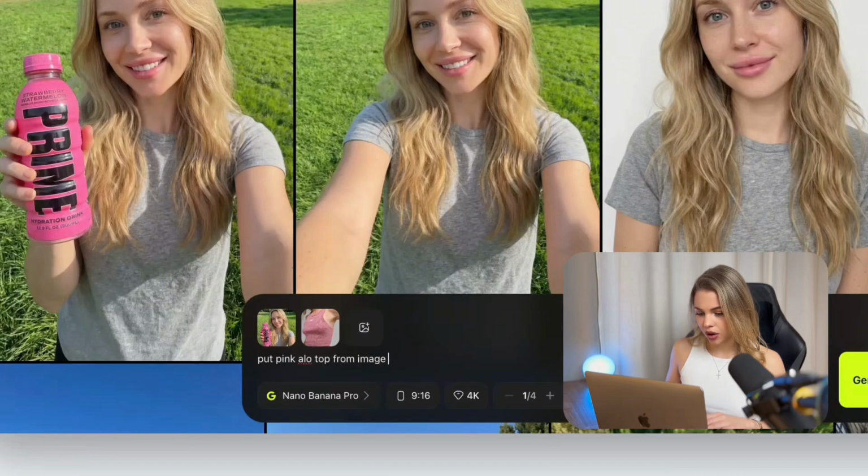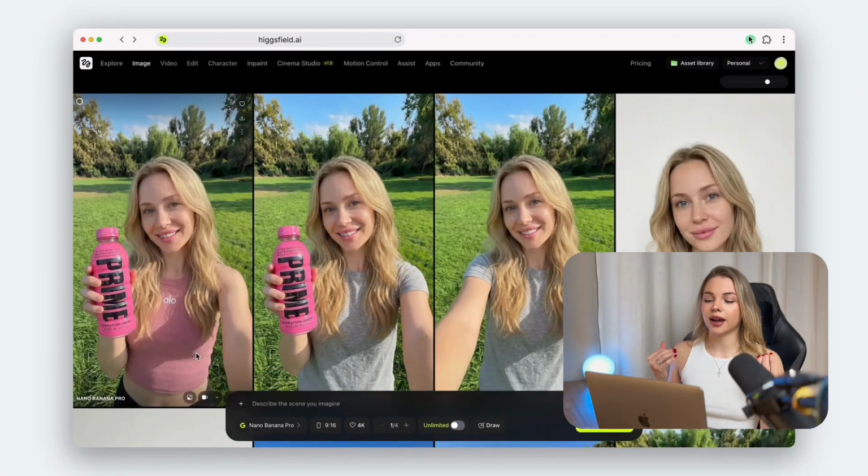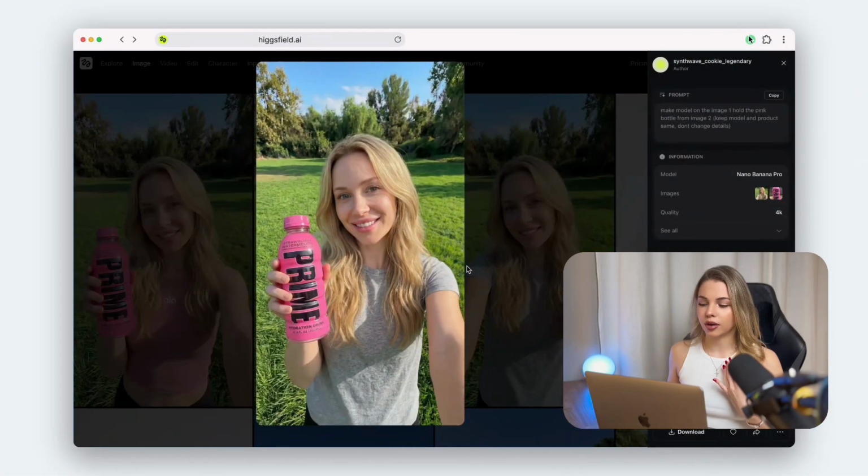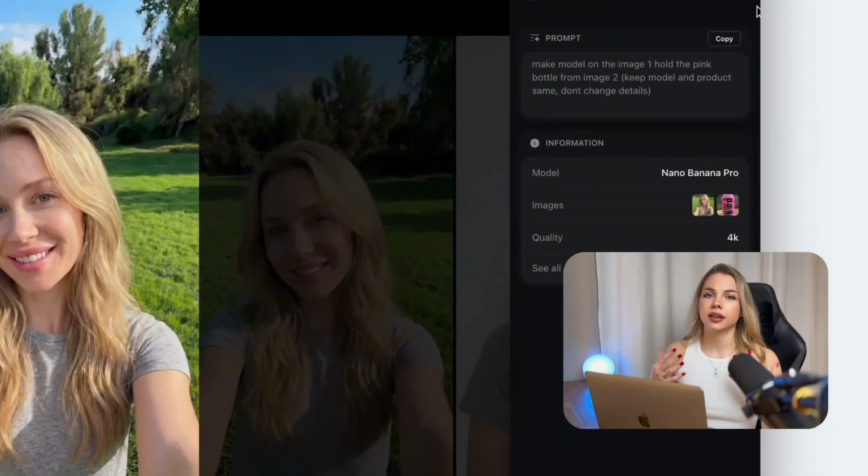Put pink aloe top from image 2 on the model from image 1. Hit generate once we are ready. I recommend you to choose the same aspect ratio and the same quality so our model is not changing between the scenes. As you can see, our model is absolutely same, in the same position with the same product, but already wearing a different top. Actually, I liked it much more with a gray t-shirt, that's why I'm saving this picture,